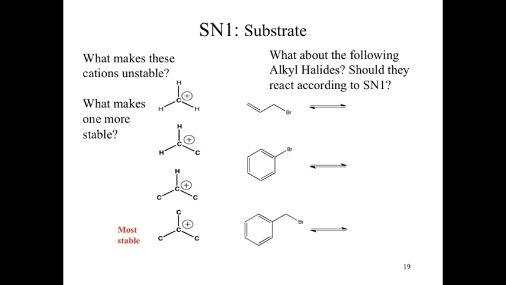But what about the rest of these alkyl halides? Well, the rest of these alkyl halides, we now need to evaluate the stability of the carbocation. So what we should go through and do, and I'll do it for the first one, you can do it for the others, is we should go through and remove the halogen, put the positive charge on, and decide, is that halogen resonance stable, or is that carbocation stabilized somehow? So in that first case we might say, oh, that's primary, that's horrible, that can't possibly work,